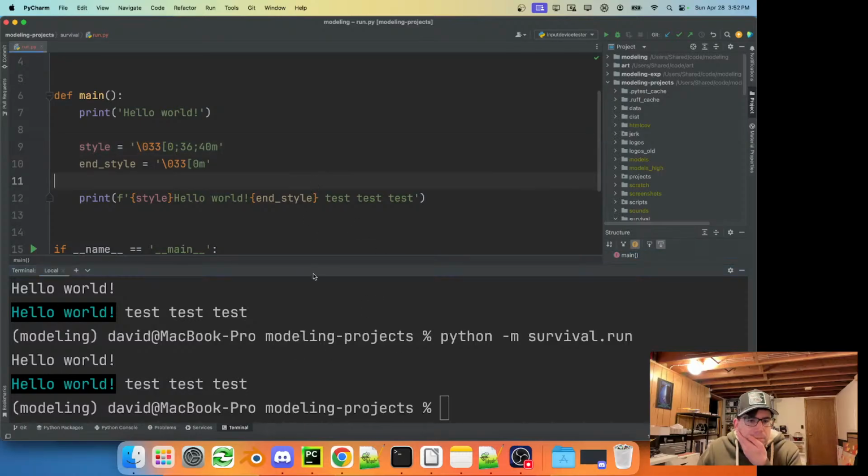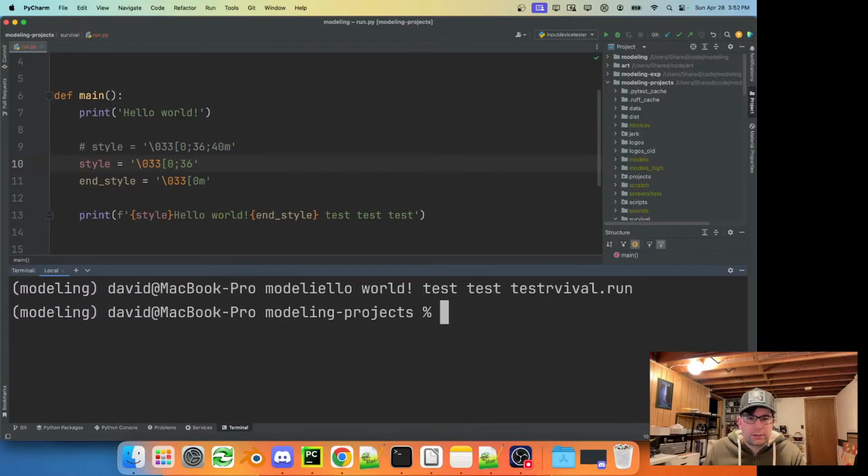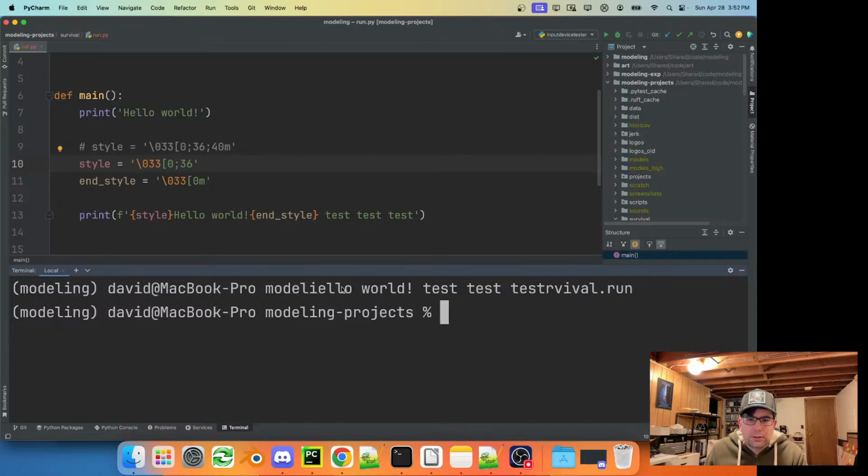But we can also, just for now, I think we can do this and, oops, 0, 36. Let's see here, background code. Oh, that's interesting.